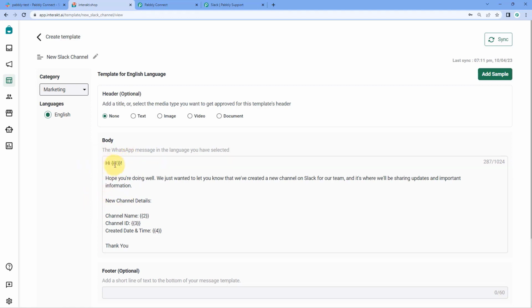So this message says hi, and after hi you can see a variable over here, a number written in double curly braces. And again, you can see some other numbers written in double curly braces in this template message over here. So what are these numbers and why I have written them in double curly braces? We will have a look on these things in a couple of minutes, but first we have to select the